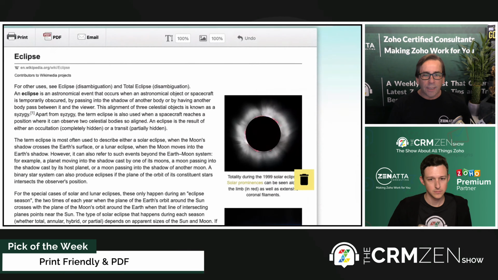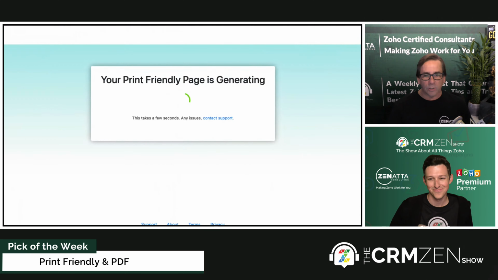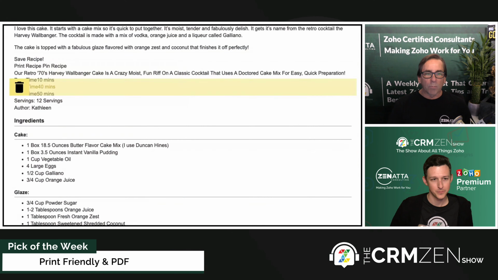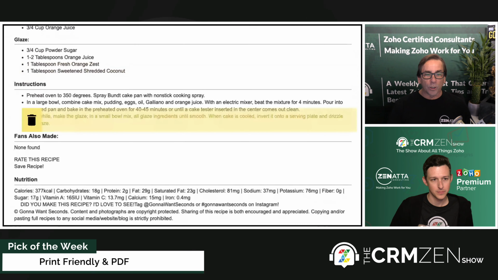So I'm really, really stoked about this app because occasionally, I mean, they also talk in here about recipes. If you wanted to print a recipe, because those oftentimes are just a mess when you go to pull a recipe over, it does a great job. Again, this one's got a lot of big images. Maybe you don't want those, you just want the recipe, so you can clean the images out of this entire thing, clean up little things, and just really hone it down so that it's just your recipe, right? Anyway, great app, Print Friendly. Really stoked that we were able to find this.